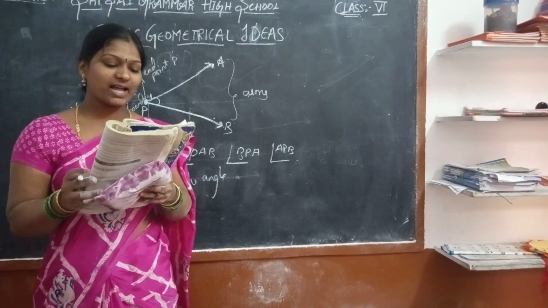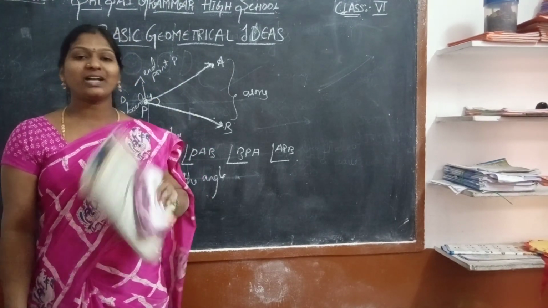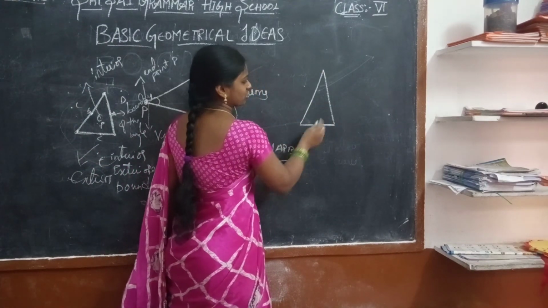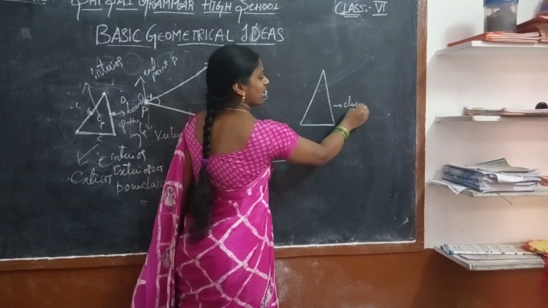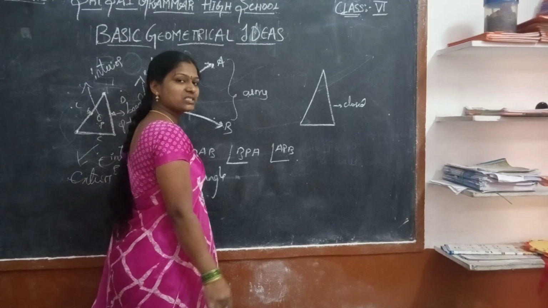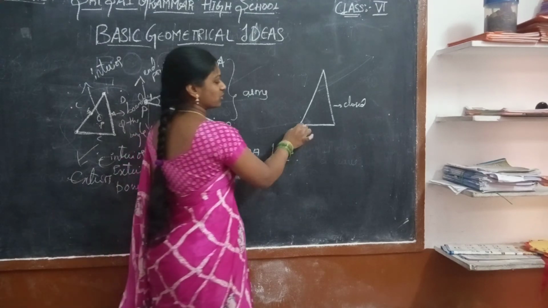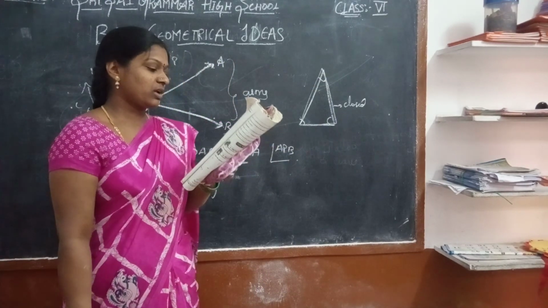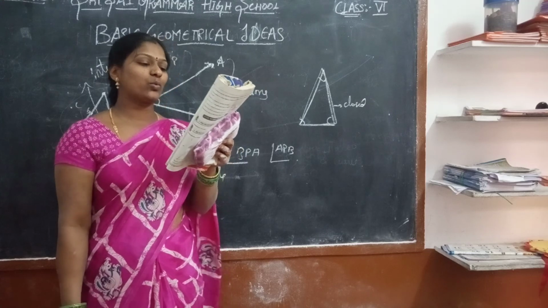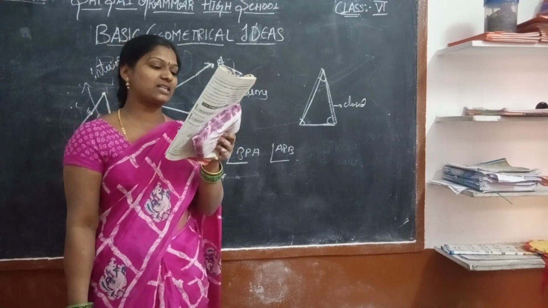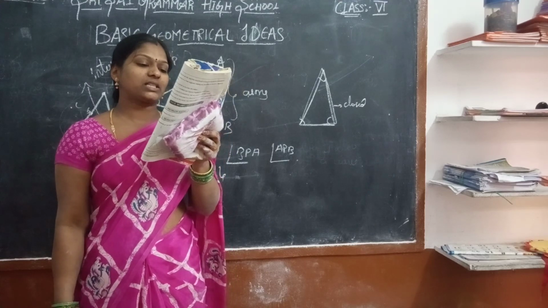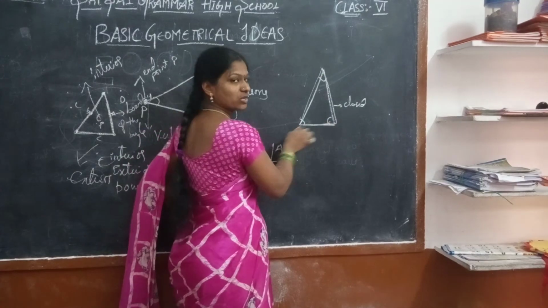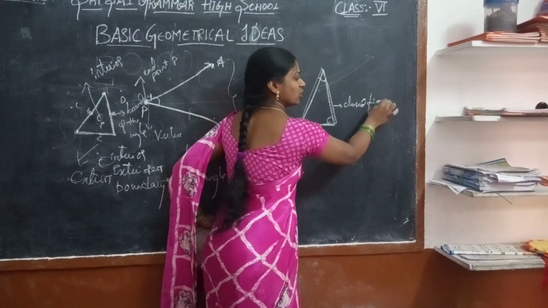The triangle is a simple closed figure obtained by three line segments. A triangle is called a closed figure, and it has 3 points. Here, A, B, C are 3 vertices. AB, BC, CA are the sides of the triangle, and the three angles are the angles of the triangle. From this triangle, we know that it is a closed figure.